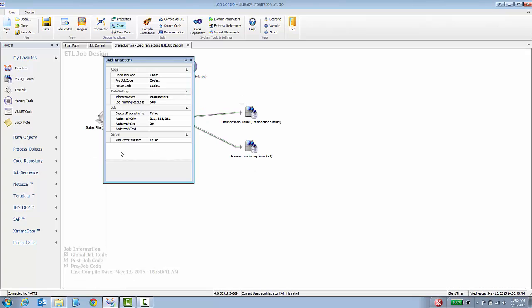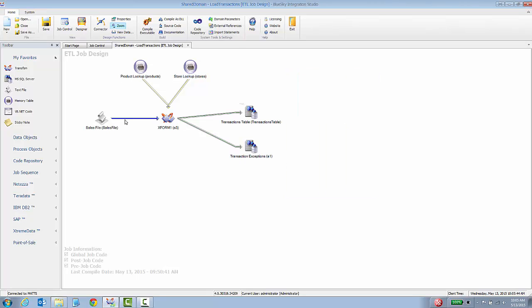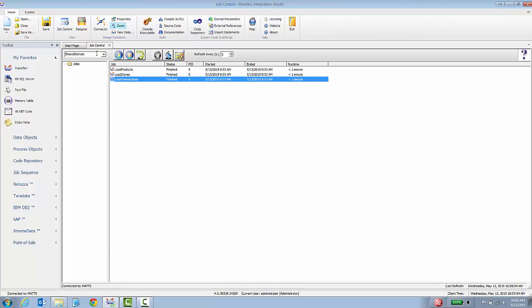Initially, what we did was build some ETL processes, like for instance the load transactions job that we had built. That's an ETL job. We have a couple other ones out here called load products, load stores, and then the load transactions. So what we want to do now is tie those things together to say, I want to load the products, I want to load the stores, and then I want to load the transactions. So I need some kind of way to tie all that together to run it in a batch,